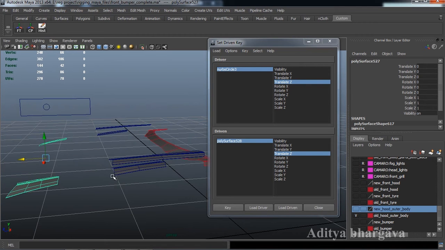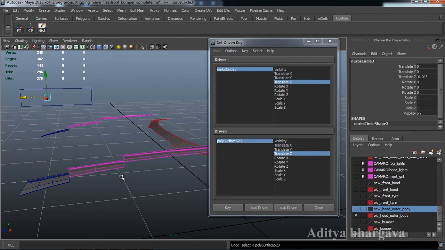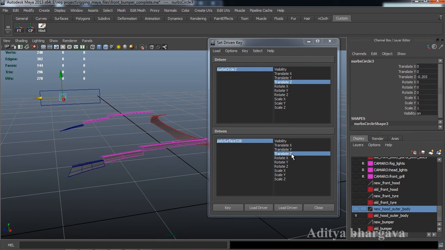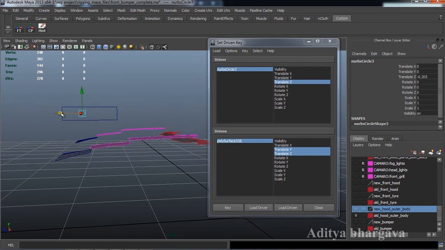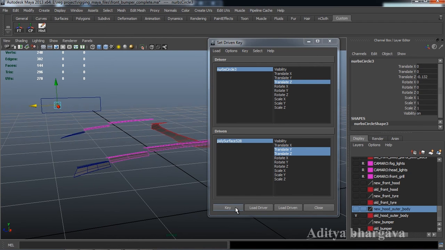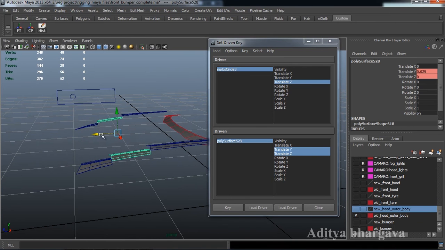So what we can do is we'll press Ctrl Z right now, and instead of just taking the Z axis right now, we'll also take the Y axis, and we'll press key. So now after moving just a bit, oh sorry, yes, right now here. So we'll press key, and after just moving this much,